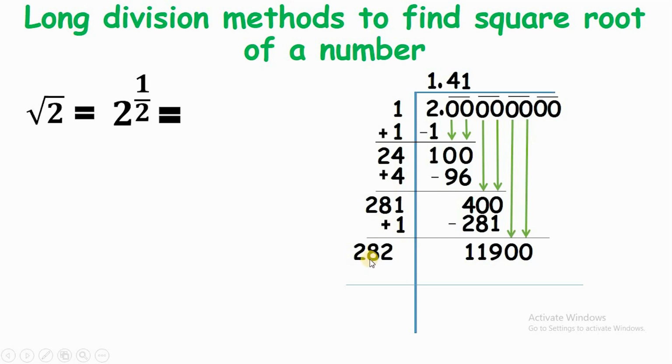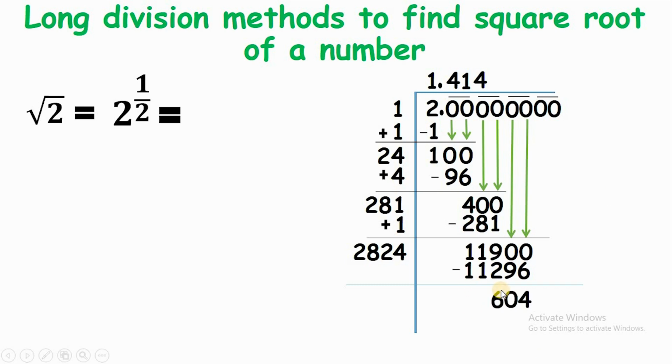1 plus 1 is 2. Take down 8. Take down 2. Again you have to find the number over here. So we'll write take 4, and when you multiply it with 4, 2824 into 4, you'll get 11,296. So again you subtract it